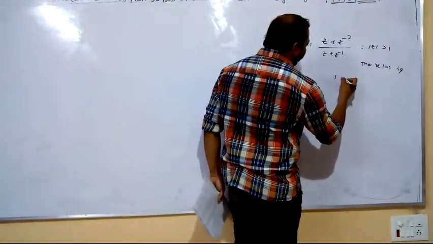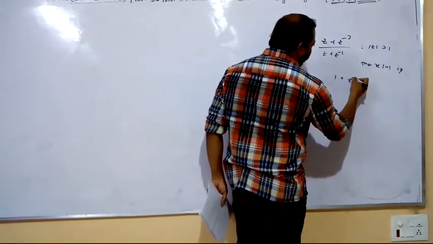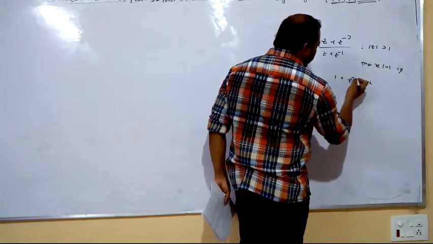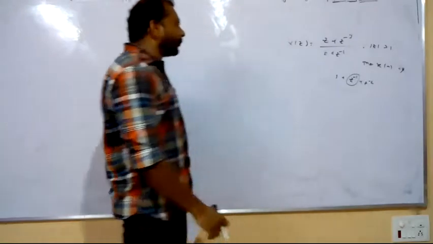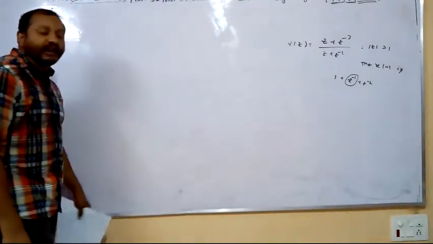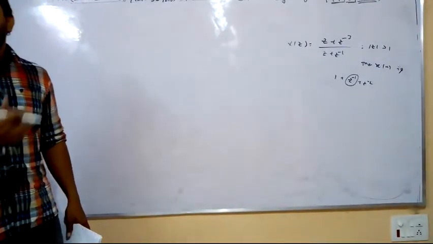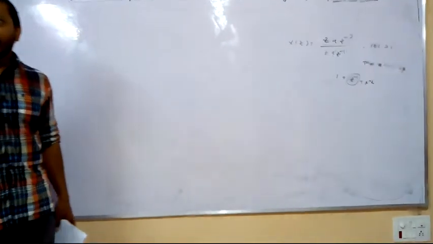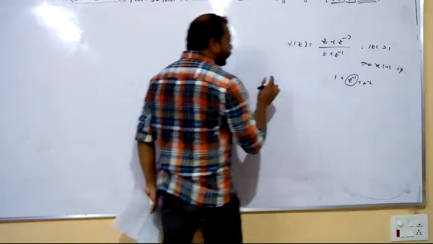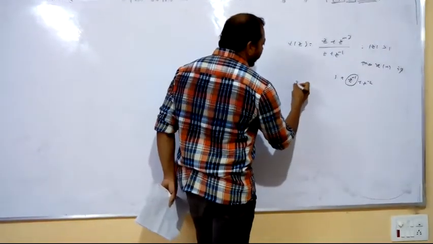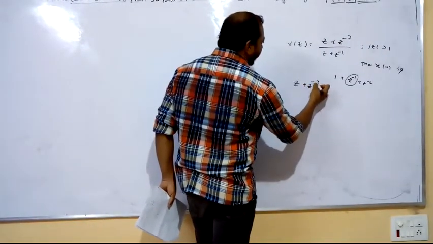This is equal to some constant plus z to the power minus 1 plus z to the power minus 2, like that. So in place of z you are having z to the power minus 1, then the corresponding signal is the right sided signal or the one sided signal. The corresponding ROC is greater than, that is outside the ROC. Here this is outside ROC. So by using the long division method, this can be represented as z plus z to the power minus 3 upon